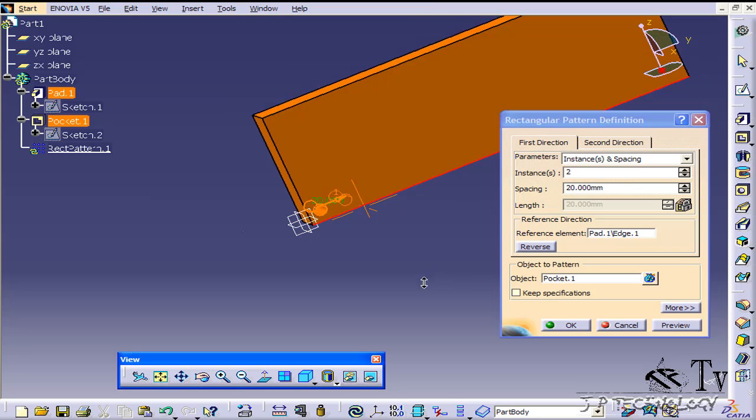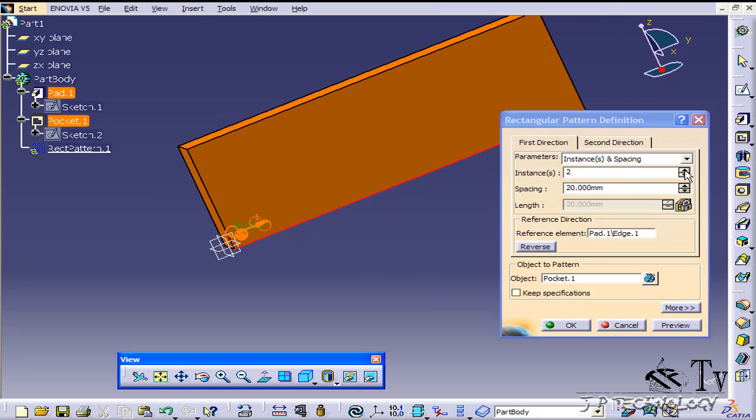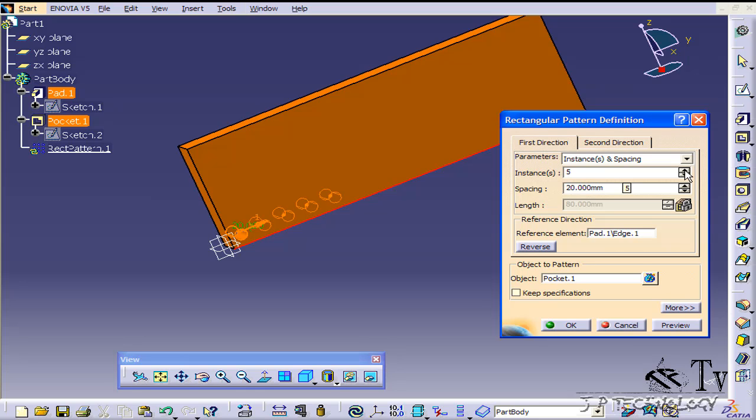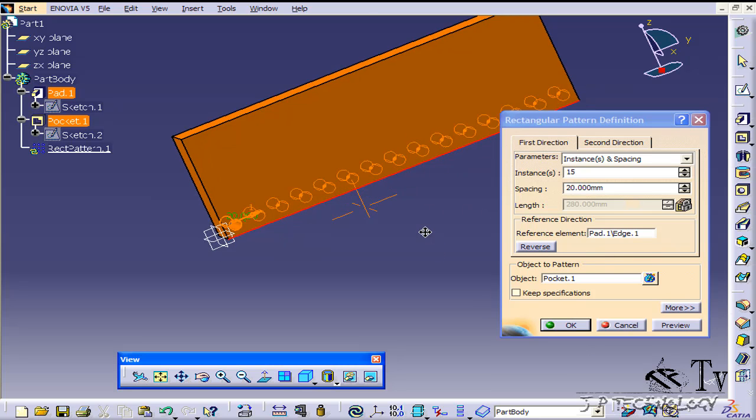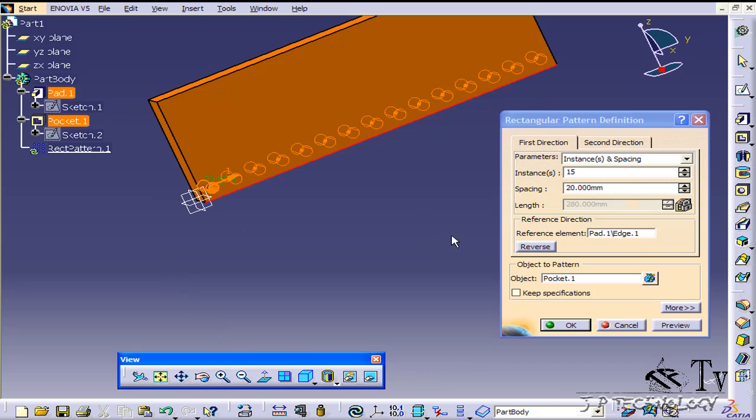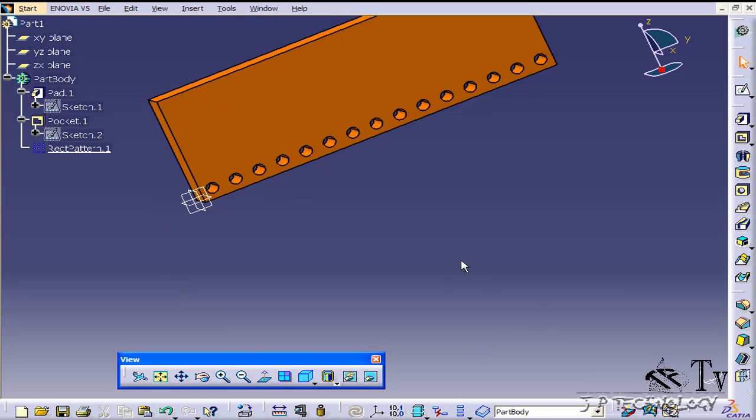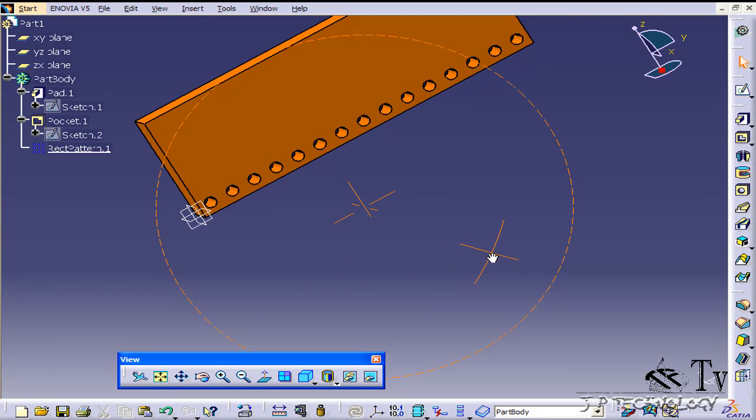So right now the instances are at 2, and what we have to do is keep going and increasing them. As you increase, it's going to increase the instances. As you increase, the spacing between each instance is going to increase also. So let's put this to 20, and let's make 15 instances. Click OK, and you can see that it runs all the way across. Click OK again, and now we have our 15 instances, and we have our rectangular pattern going along the bottom